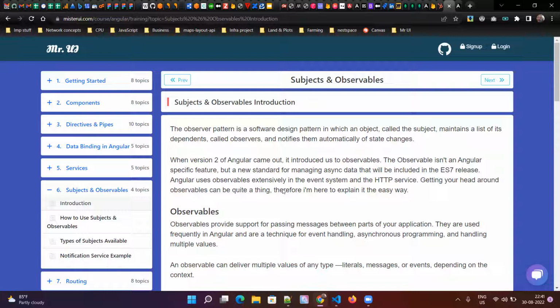And when you try to access the same variable from a different instance of a component or a different component, you get the same value set by the previous component. So that's how we share data. Now, using observables and subjects, these are like